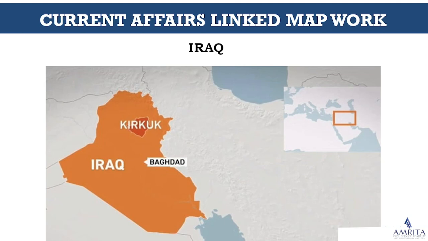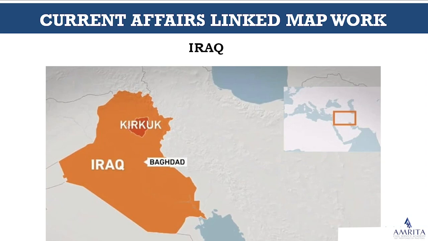Then comes to Iraq. Iraq was in news related to the continuous fight with ISIS, then involvement of United States there, then killing of Iranian General Qasem Soleimani there. So Iraq is in news always. So Kirkuk is a place in Iraq that was in news. Iraq is consistently in news. That is a consistent fighting between Iraqi forces and ISIS. Apart from that,